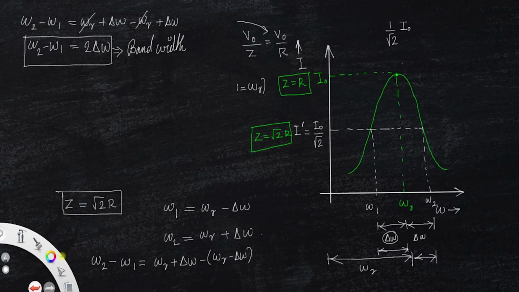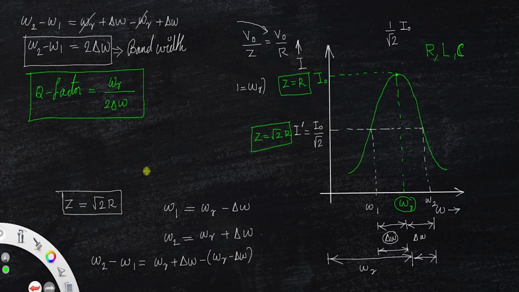Clear? Now, quality factor can be represented as Q-factor. The quality factor is the ratio of the resonant frequency, that is this frequency, to the bandwidth, that is 2 delta omega. So this is the expression for the quality factor. But we must find the quality factor in terms of resistance, inductance and capacitance. Okay, for that,